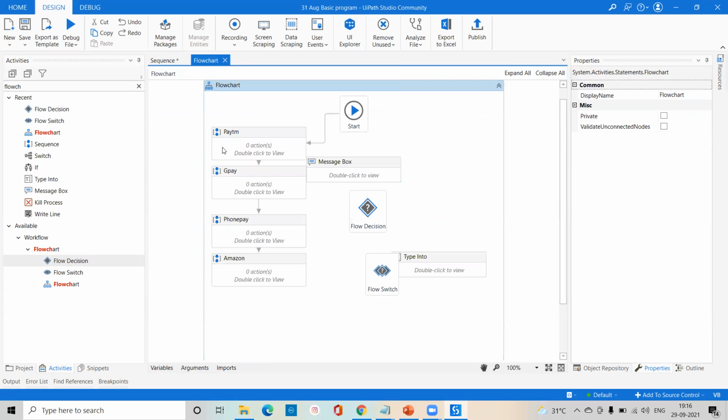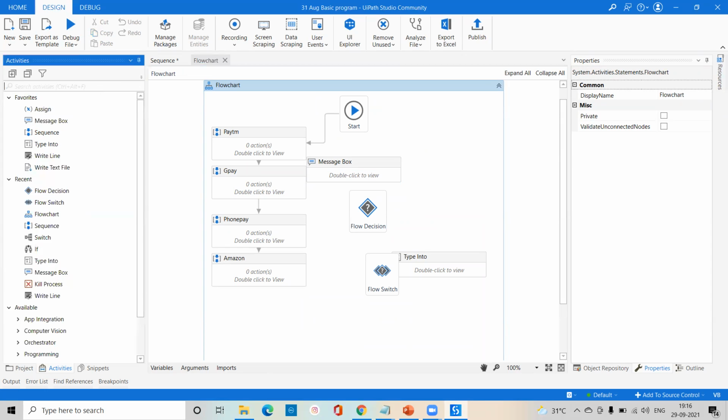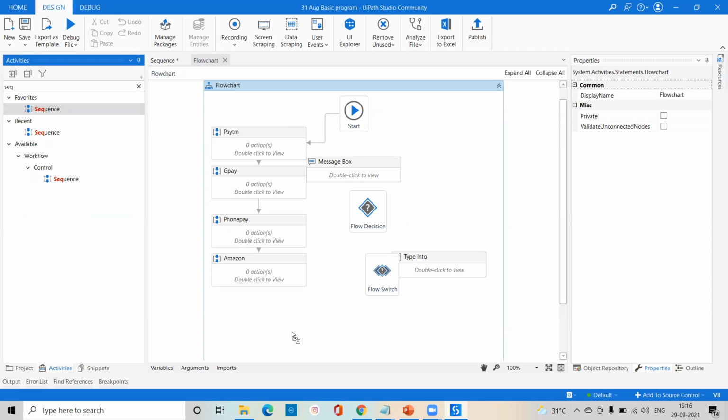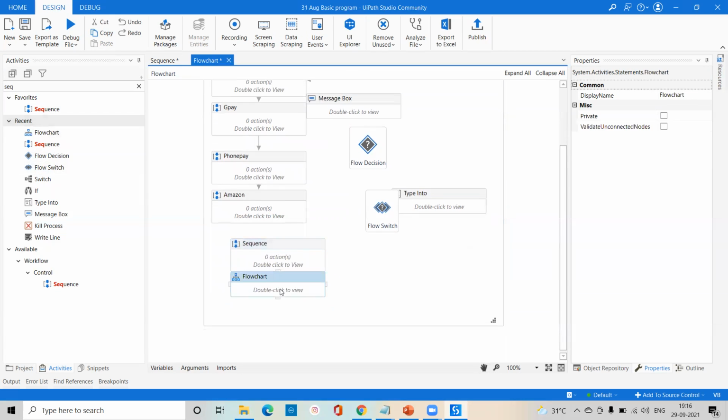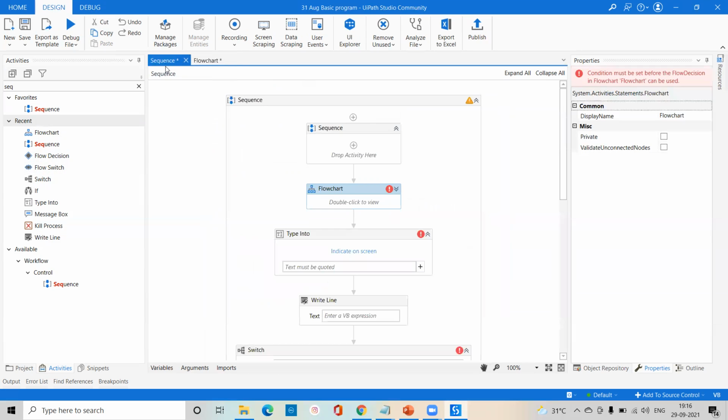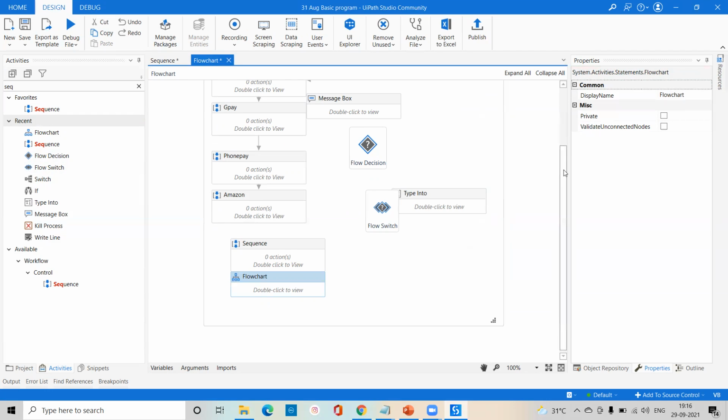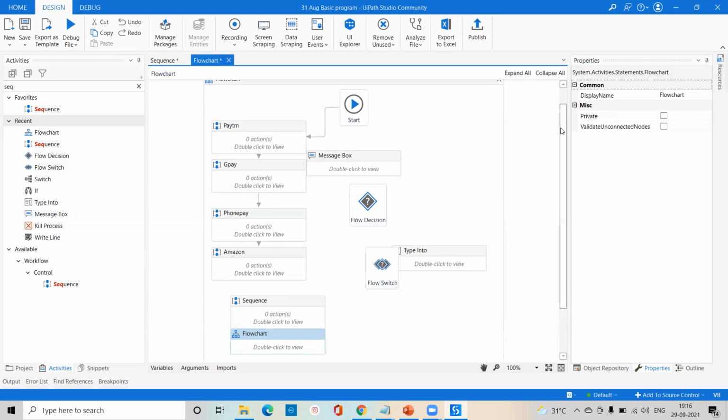Come to the flowchart. In flowchart, the same thing, if you want to take the sequence, we can take the sequence activity. Simply drag and drop this sequence and we can keep it this way. And if you want to take the flowchart, we can take this flowchart this way and connect like this. So inside your flowchart, sequence is also possible, flowchart is also possible. Sequence is especially for a small project, and flowchart is for small as well as large projects. We have a broad room, and we are getting this start. So whatever activity is connected to start, that will work fine. Okay. So this is the second type of workflow we are getting here.